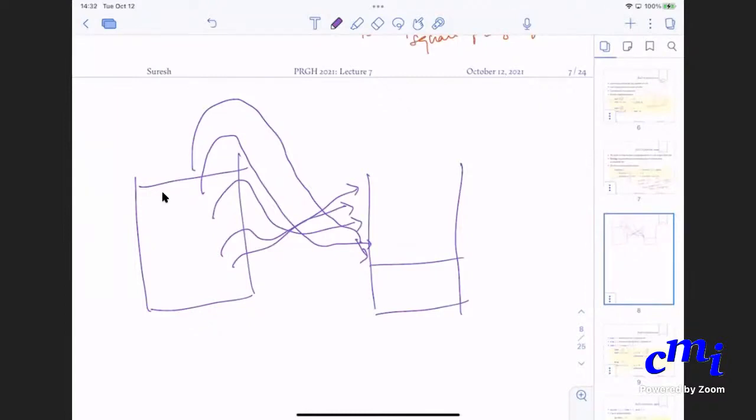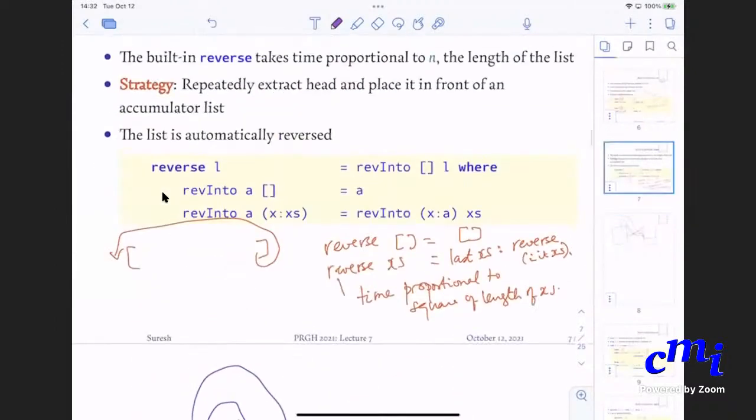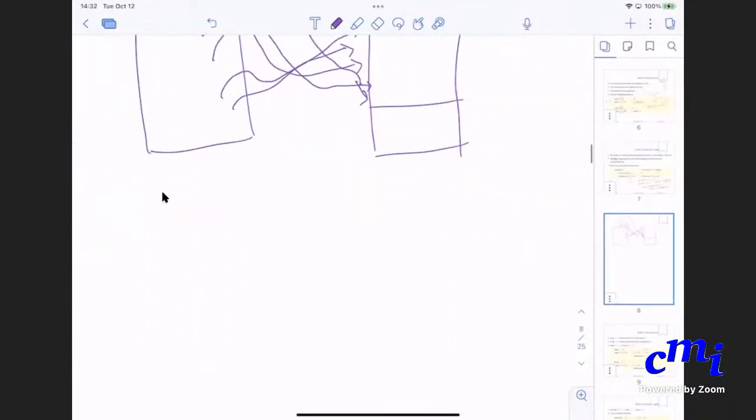So this is what this reverse-into is saying. It assumes that you already have a list A, and you are going to reverse a list xs into A. What will be the various cases?